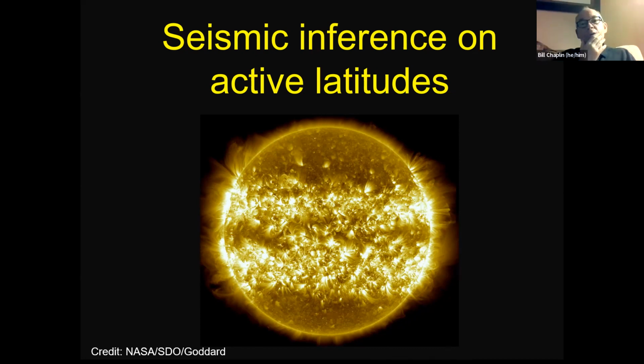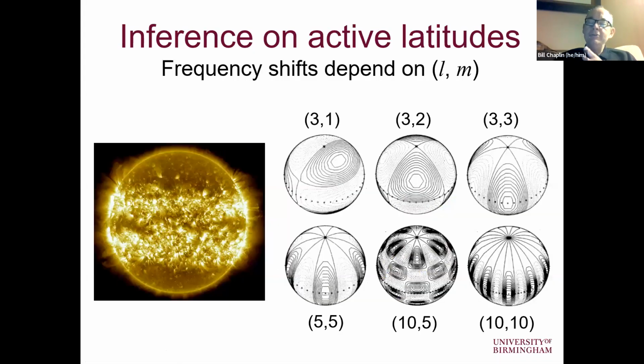Okay, thanks. We can also use the data on the oscillations to say something about the active latitudes on stars. So here's a really nice picture. This is a sort of time-lapse composite image of coronal emission on the sun, rotation axis pointing up, equator here, and picking up the active latitudes that we see on the sun. The reason we can do this is because the non-radial modes have spatial sensitivities across the surface of the star, across the surface of the sun, which are latitudinally dependent.